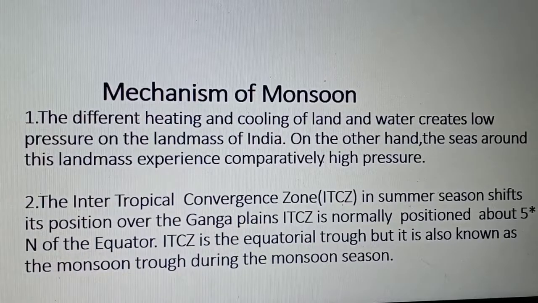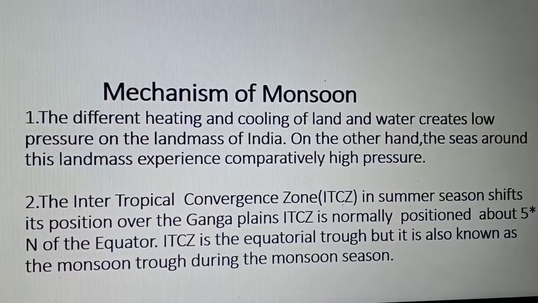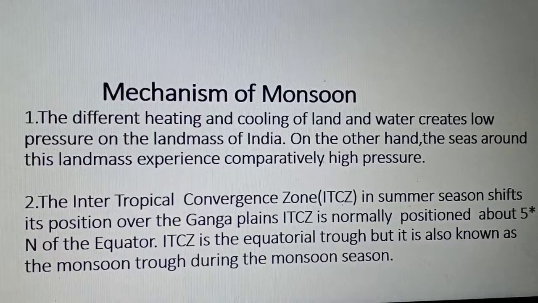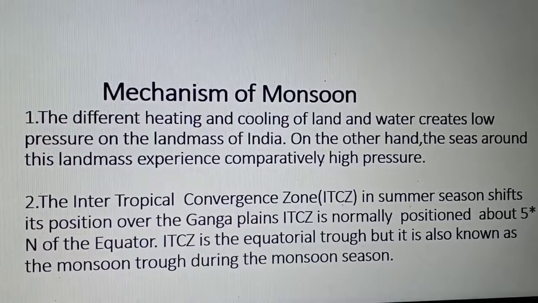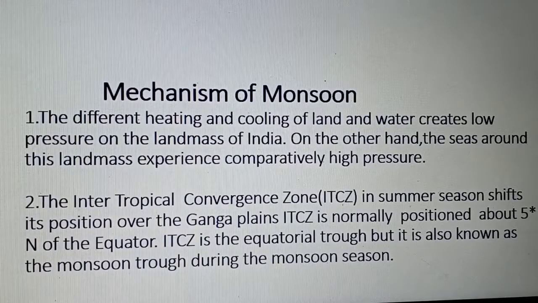And on the equator we get high sun rays, but due to the rotation of the earth, the sun rays shift above the 5-degree on the north part, and over the 5-degree on the south. In the summer season, the sun rays shift their position, and due to the